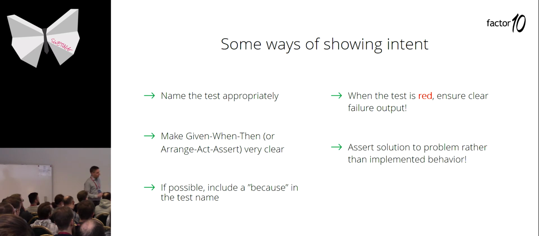Another thing I think is very helpful is if we assert behavior, that we assert the solution to a problem. So when you start writing a test, there is a problem. There's something that the code doesn't solve yet, right? So the test will set up the conditions, execute the code which doesn't do what it should, and then verify that the result is something. You assert the behavior